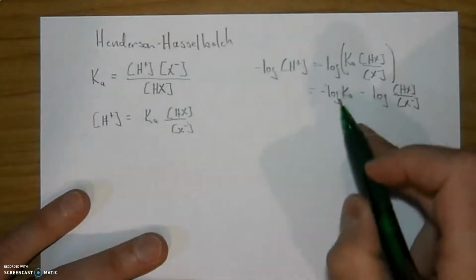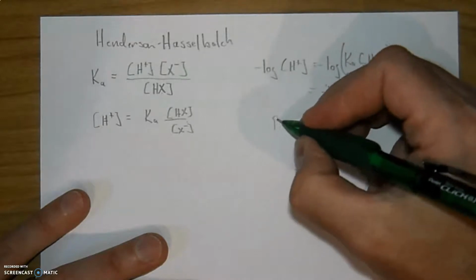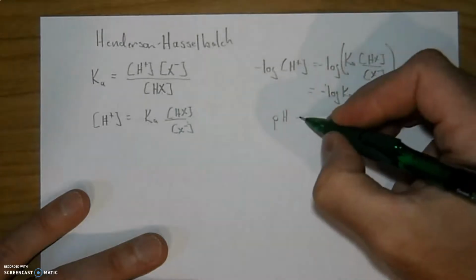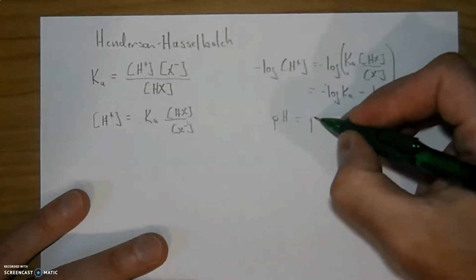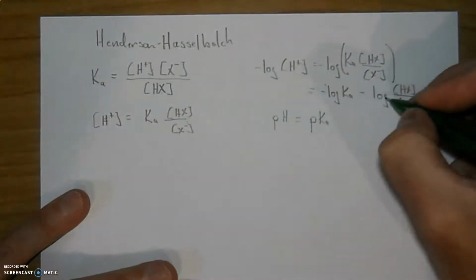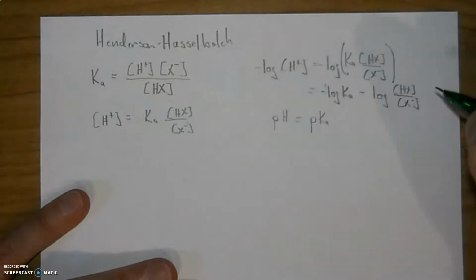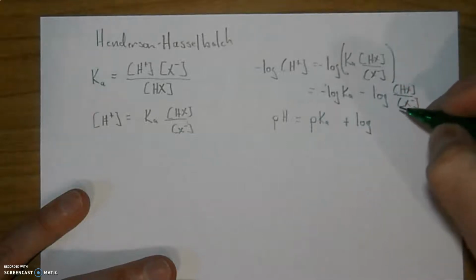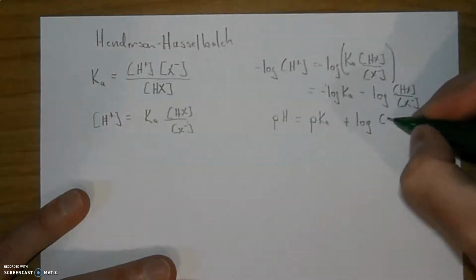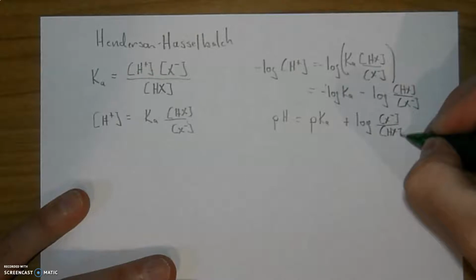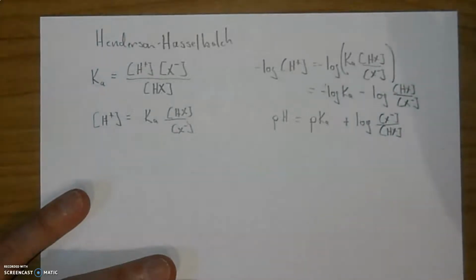I'm going to turn this into something more familiar. Instead of negative log of the concentration of hydrogen ion, just call it pH. And I'm going to do the same thing to this factor here, pKa. And also in doing this, I'm going to flip these around a little bit and say positive. You'll see what's going on here in a second. By changing the sign, we flip the two factors. Okay, and so this is pretty much the